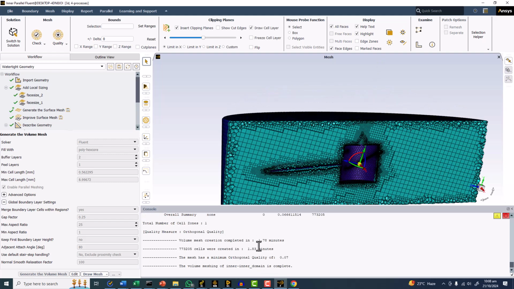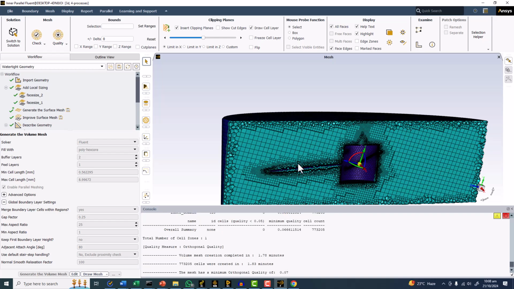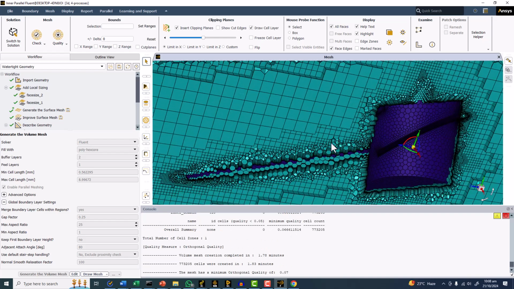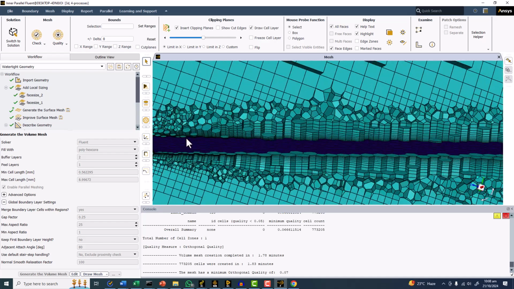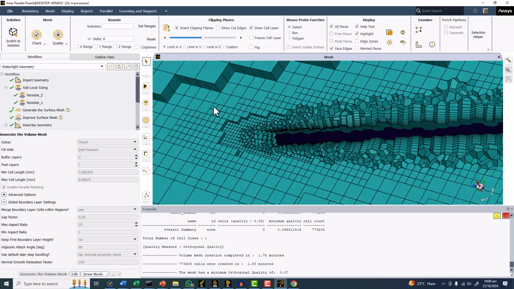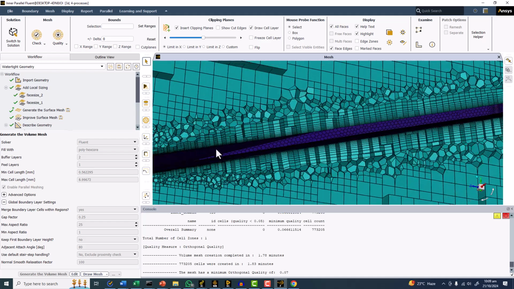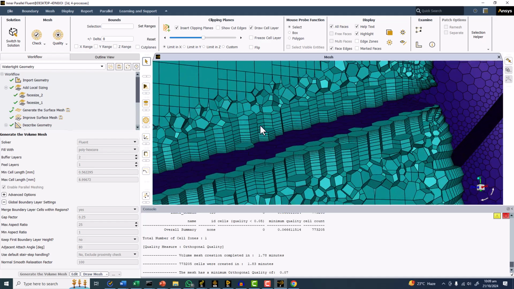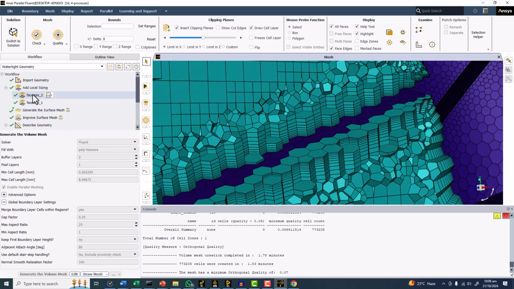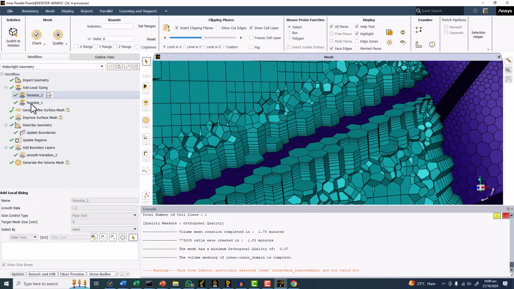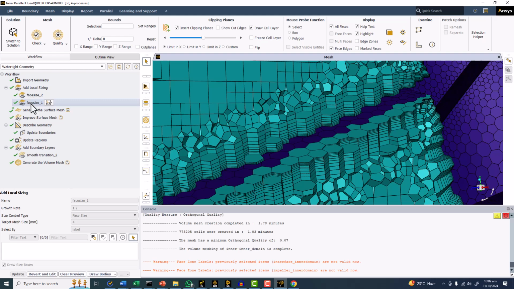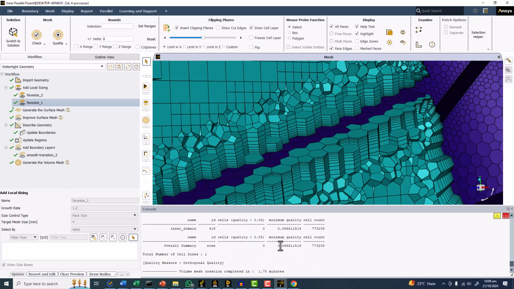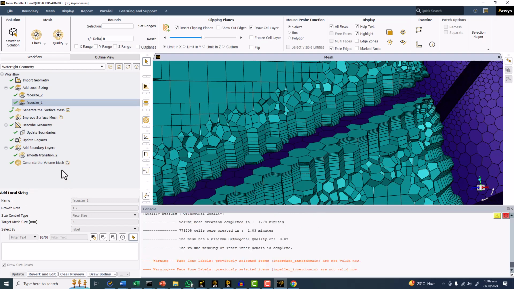So you can see now there is no problem of stair stepping. There is a problem of low quality, definitely. To improve the low quality issues, what I would suggest is that you go for a better mesh on surfaces. I would suggest that the face meshing number one can be reduced, maybe you can make it two. If you make it two, this problem will be reduced. The second way is that you can